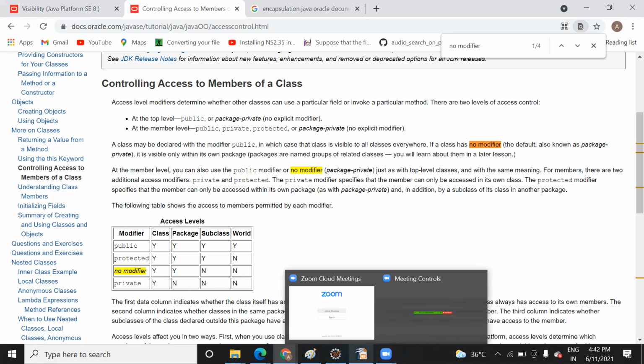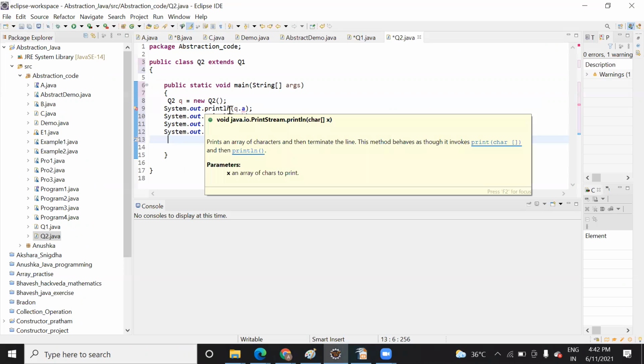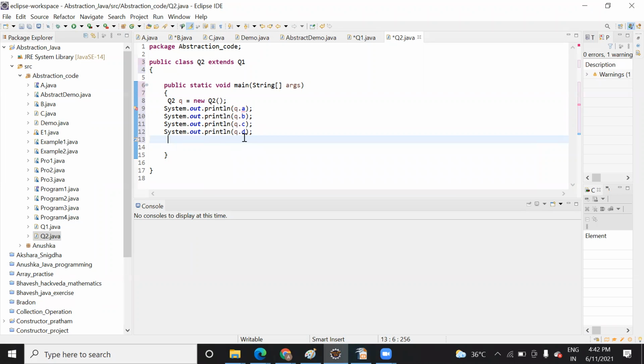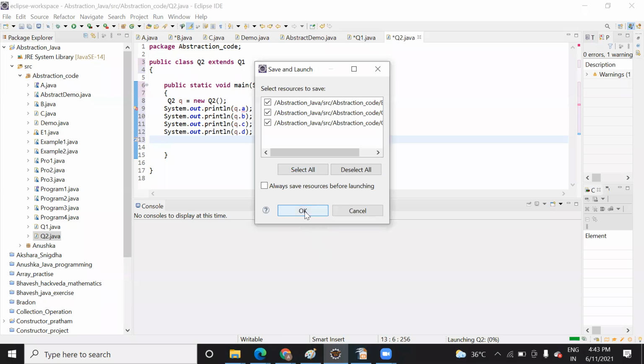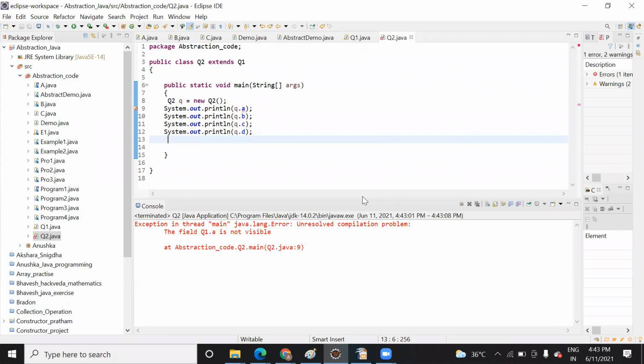But when I use it here, in the subclass, it is accessible, right? Okay, let me run this and check first. The QA.1 is not visible, right?